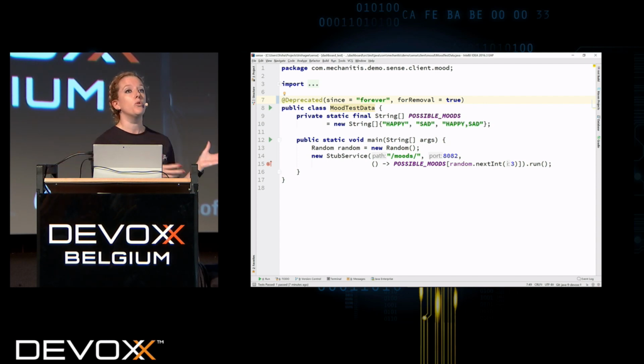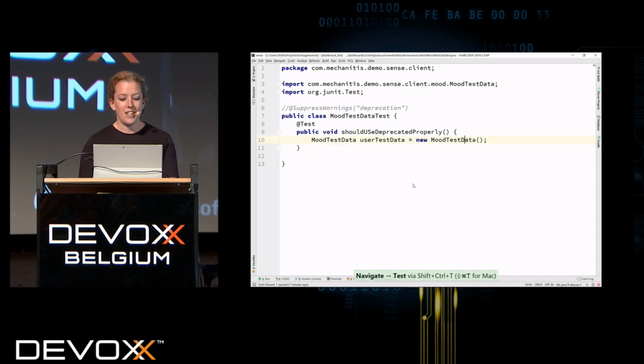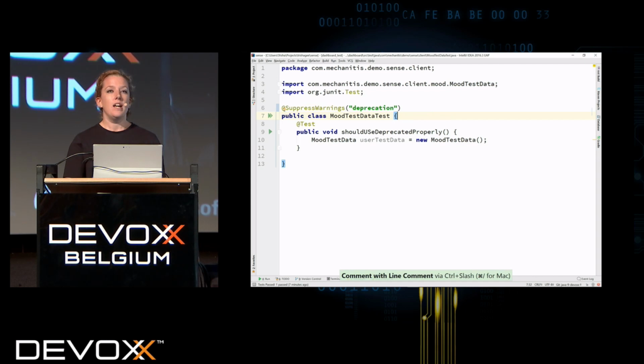If you're ever trying to clear all the warnings out of your system, which as an OCD person I tend to do, you'll notice that generally, when you import a deprecated class, it gets flagged as you're using a deprecated class. And even if you suppress the warnings, it still warns you. But in Java 9, you don't get that anymore. So you can now clear all your deprecation warnings quite happily, which is quite nice.